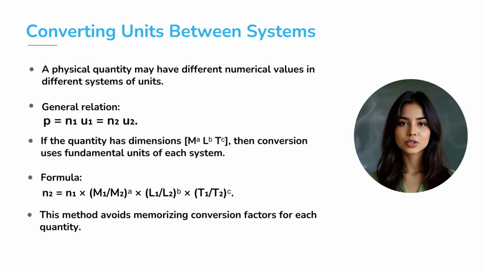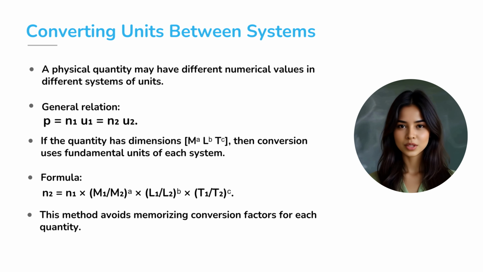Let's begin with the first use, converting units. Suppose we measure the same physical quantity in two different systems of units. Their numerical values may differ, but the product of value and unit always remains constant. In general, we write P equals n1 into u1 equals n2 into u2. If the quantity has a dimensional formula M to the power a, L to the power b, and T to the power c, the conversion factor uses the ratios of fundamental units of mass, length, and time in each